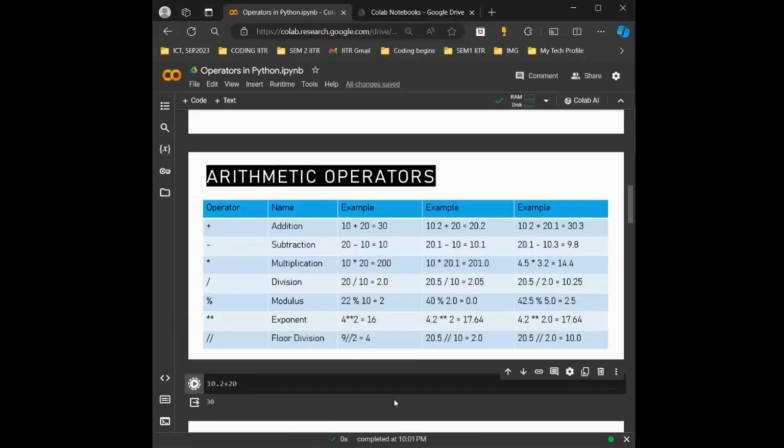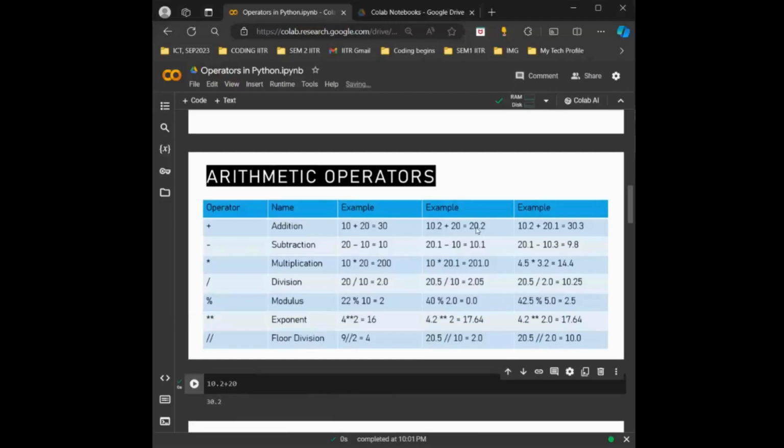So we'll execute few of the examples to make you visualize all the different types of operators here. But first I need to make you understand what happens when you add two integer values, and what happens when you add either an integer value and a float value or both float values. So you can see the operated result gives me 30.2. That means 20 is automatically upgraded to the higher category, that is float, and then it is added and the result is